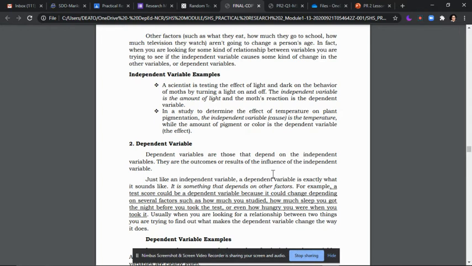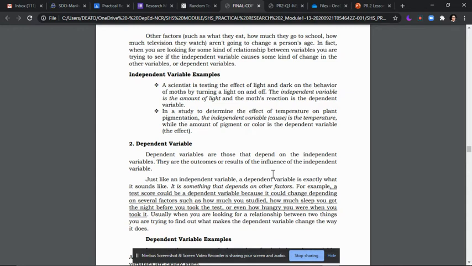Halimbawa, baliktarin natin, gawin nating independent yung watching TV. So, the more frequently you watch, the more age you get. Ganun ba yun? Hindi naman, di ba? Or the lesser you watch, the lesser age you get. Hindi naman din ganun.